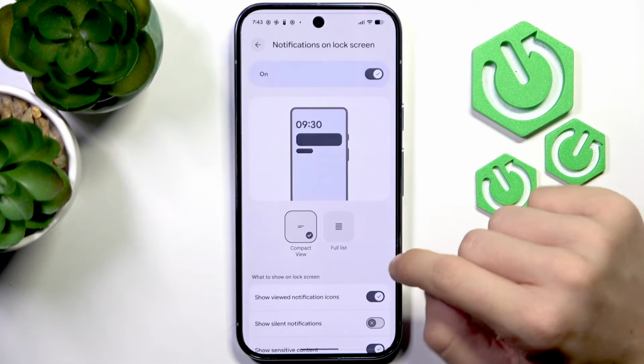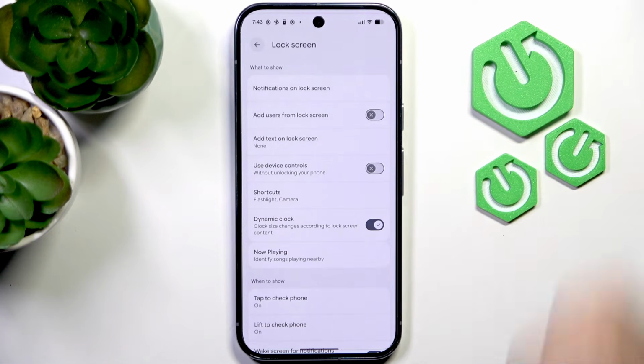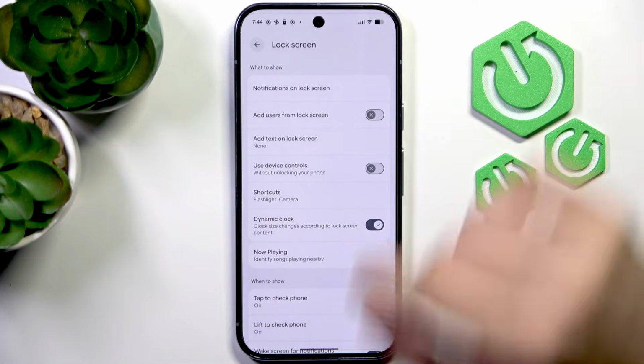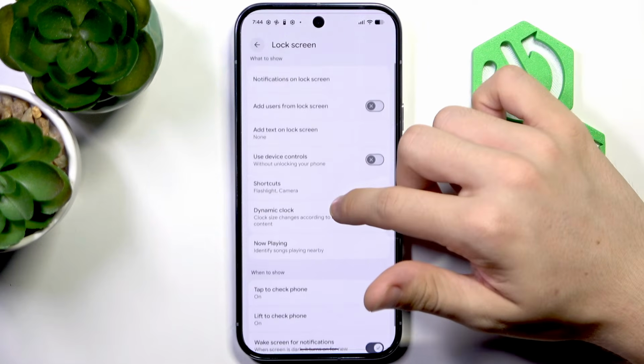Now notifications and lock screen, you can also customize that. And some lock screen settings like the dynamic clock. So the clock size will change according to lock screen content, like if there's any notifications showing up. You can add some text to the lock screen, but you can also